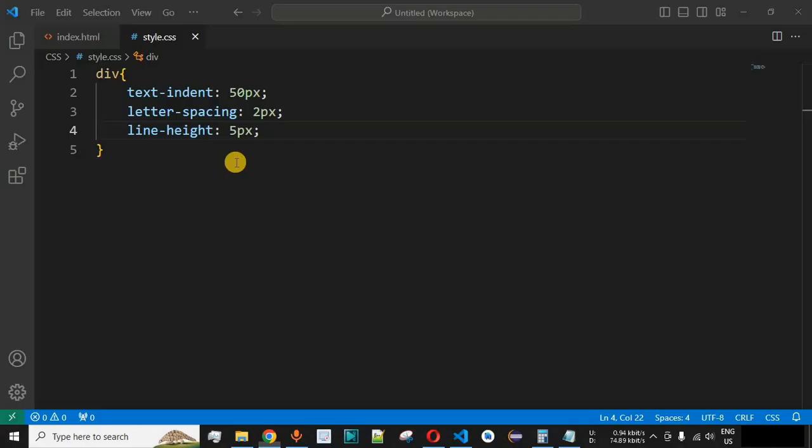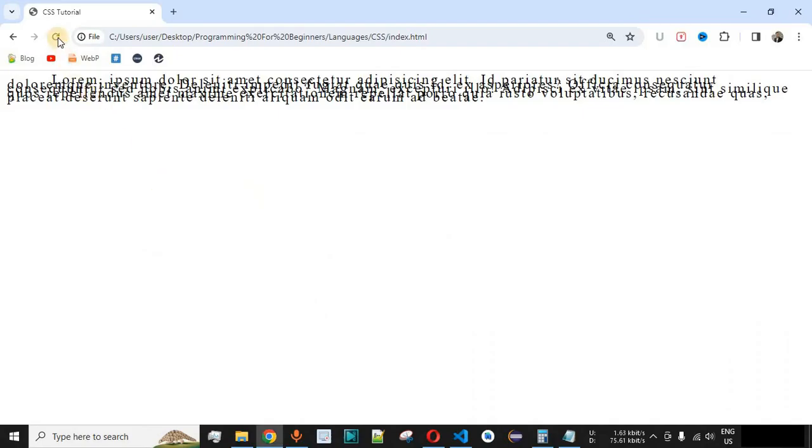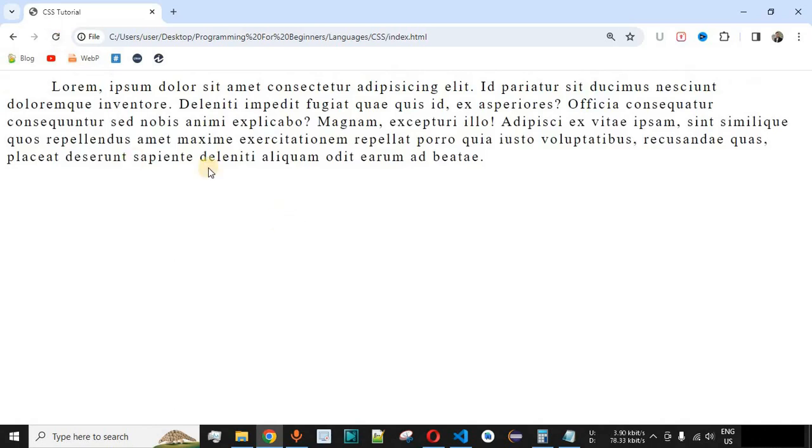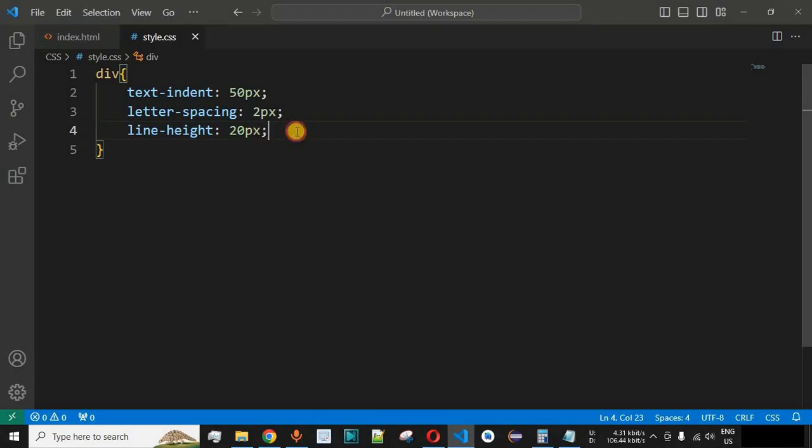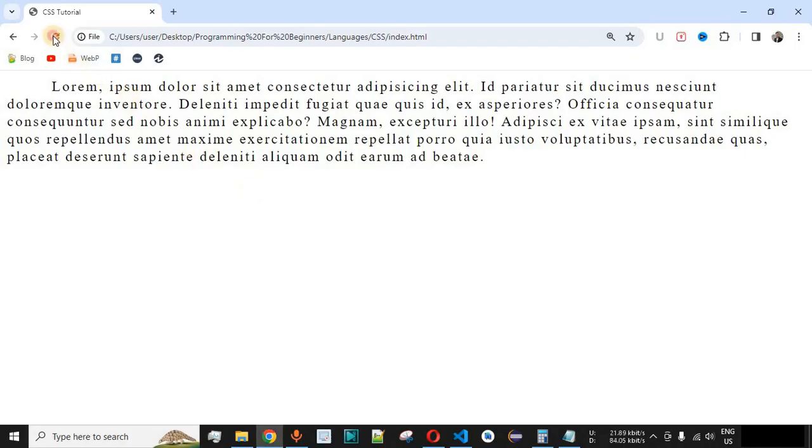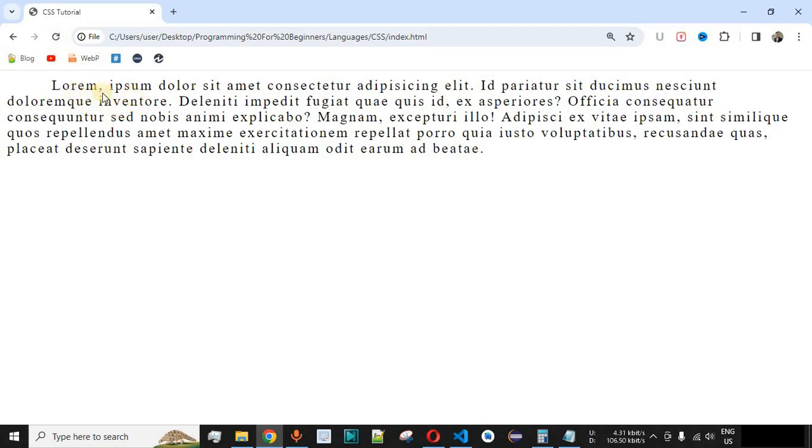So let us increase the line height to, let's say, 20 pixels in this case. So over here we will provide 20 pixels as the line height. Let me just save this file now and try reloading this page once again on the browser. So as you can see, the line height has increased. If we comment out this line over here and check the line height once again, so guys, this is the default line height that is being provided on the UI.